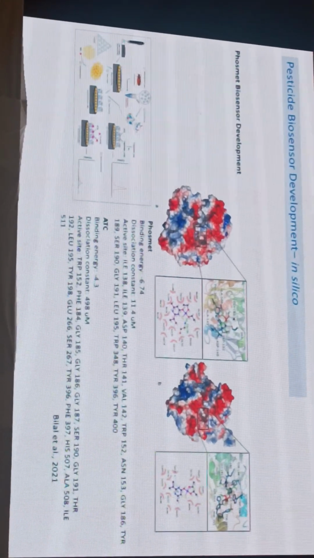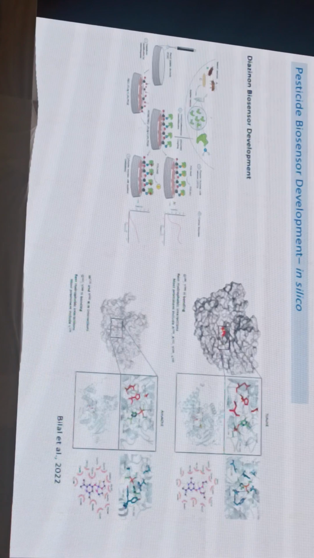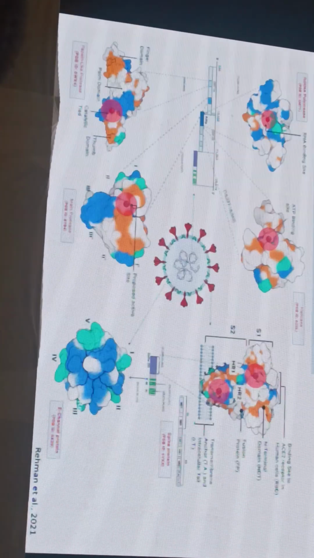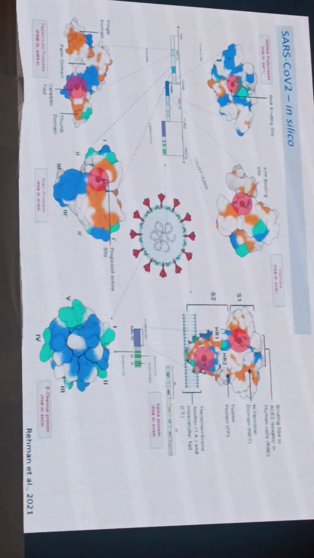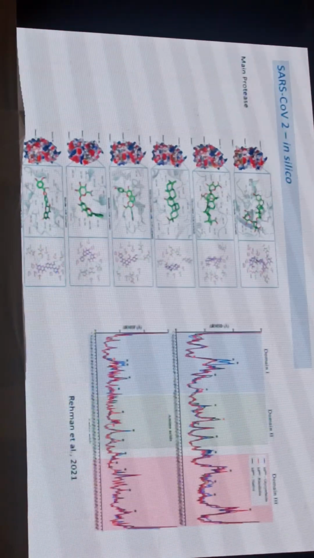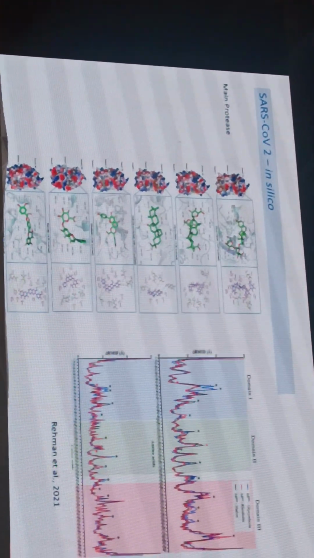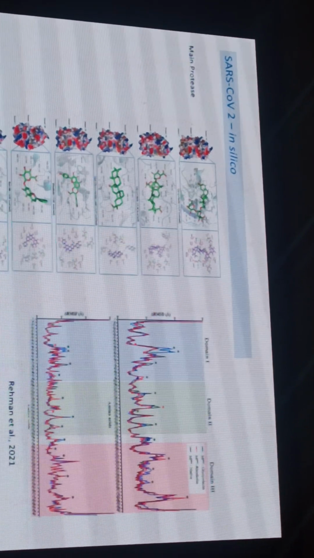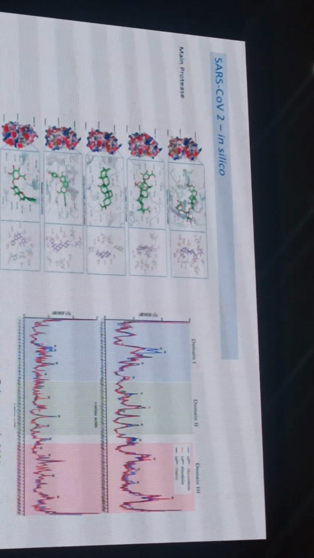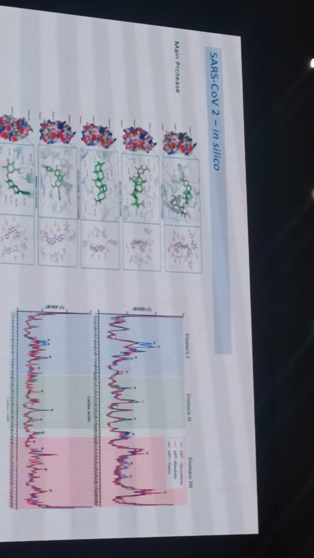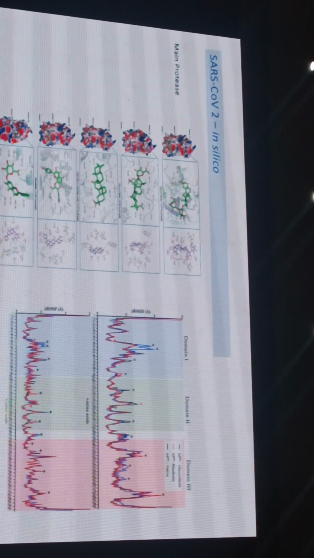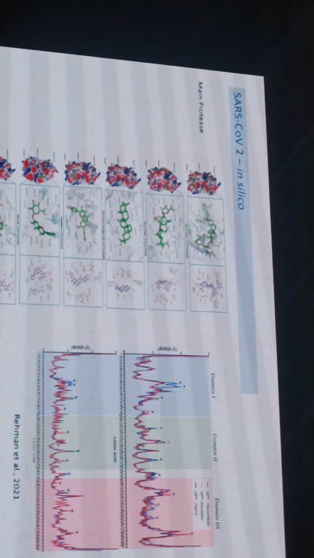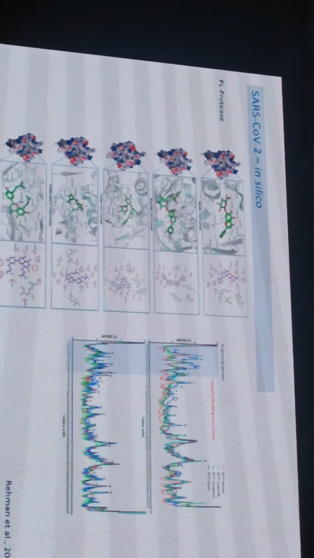Then pesticide biosensors, we used certain pest enzymes and other pest enzymes, biosensing thing. And then we also did the SARS-CoV-2 study, and in these studies we used certain targets of SARS-CoV-2, and usually the structures are available online. We did almost every structure which was an important one, and this is the main protease one. We did almost 500 nanosecond simulations in this study. We studied the different domains, how the different natural compounds bind to certain different regions of these main proteases. Then there is another, papain-like protease.